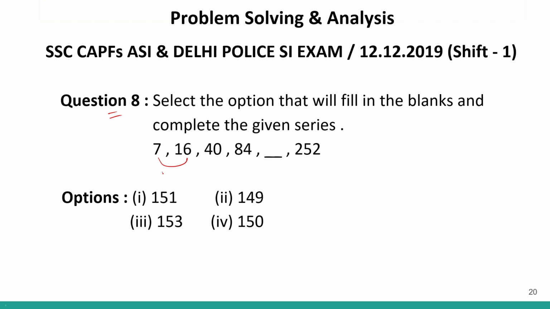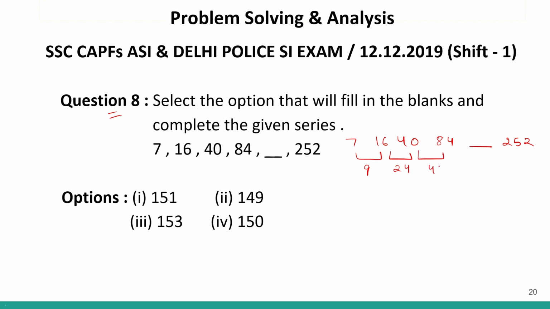7 to 16 is plus 9. 16 to 40 is plus 24. 40 to 84 is plus 44. So I can clearly see a logic over here. Whenever we see a question like this, try to draw a diagram. So let me draw a diagram. This is the missing number that we have to find out, and 252. Let us leave 252 for a little while. So this is 9, this is 24,